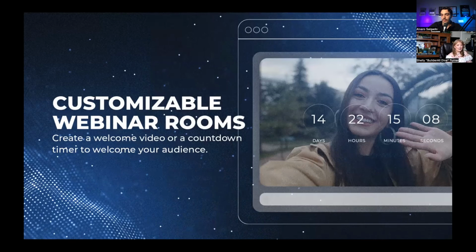Oh, I love this one, customizable rooms. We've got the ability to customize, just like everything else in Builderall. We've got the ability to customize the webinar room. It includes putting a timer on there so you can do a countdown of when the webinar is starting. It also includes, once you're in the webinar, how you want your webinar to display.